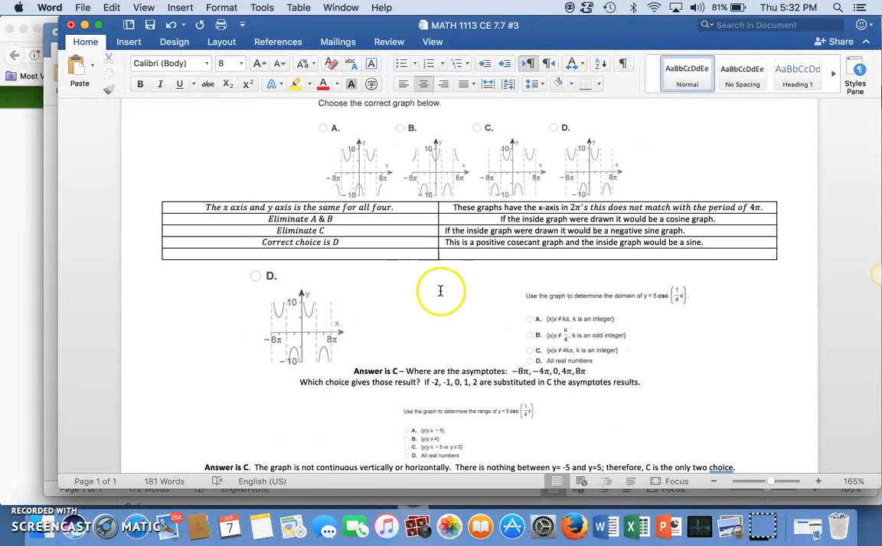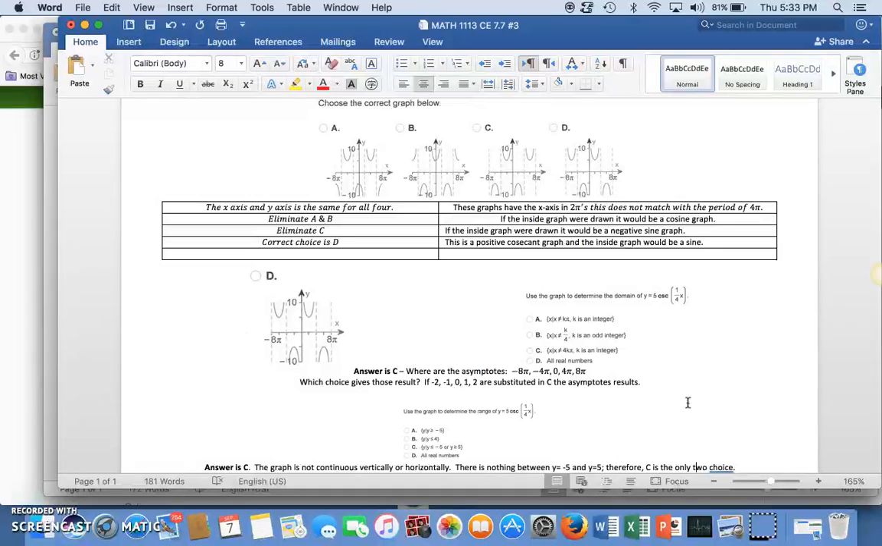Now, they want you to find the domain. So basically that means you want to know where the asymptotes are. Well, we had an asymptote at 4 pi, 8 pi. In the negative direction, -4 pi and -8 pi. So if you substitute -2, -1, 0, 1, 2, because you did have one at 0 also,